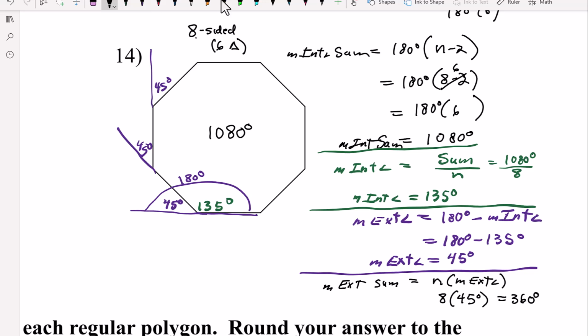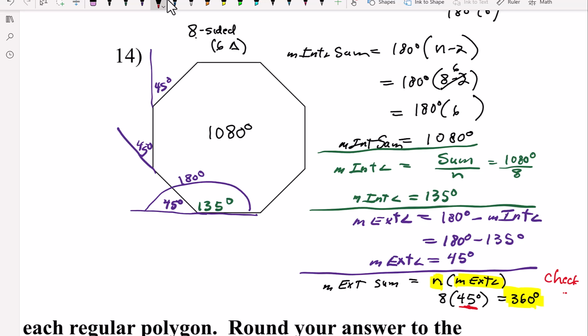And guess what? On every single one of these, doesn't matter if there's 1,000 sides or 1,000 angles, the measure of each exterior angle times the number of angles, that sum will always be 360. And this is the check. If you've done these other things correctly, then when you get down here, the measure of the exterior angle will,